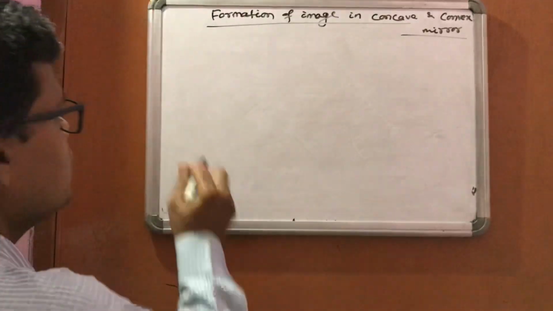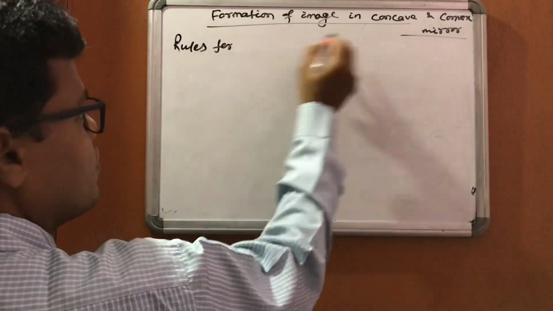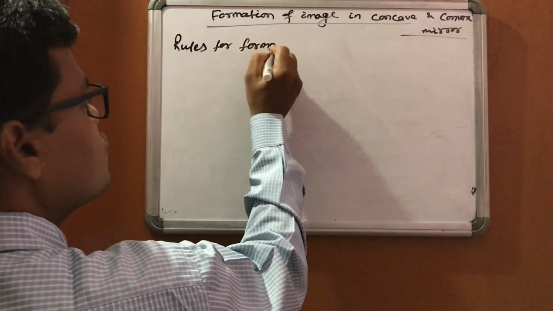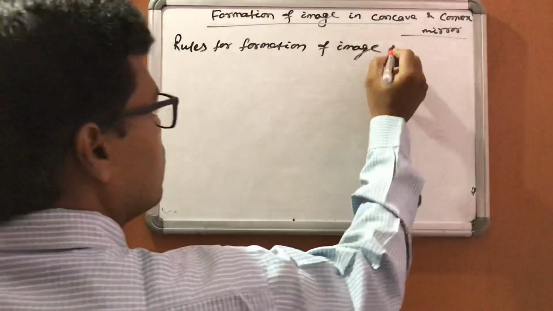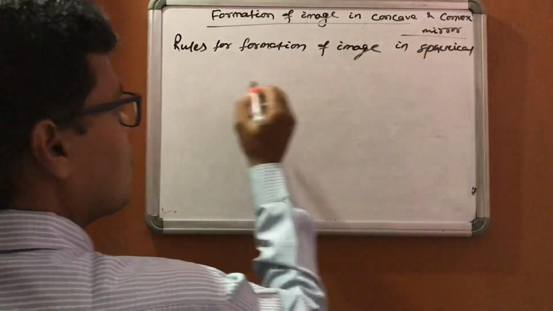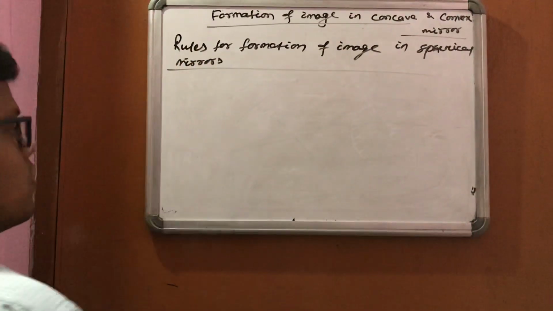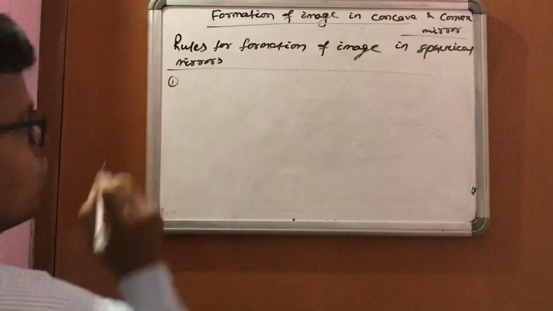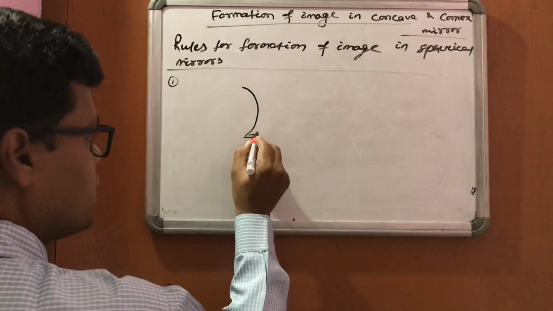First, rules for formation of image in these mirrors. Rules for formation of image in spherical mirrors. There are three rules. First one is, in case of a convex mirror,